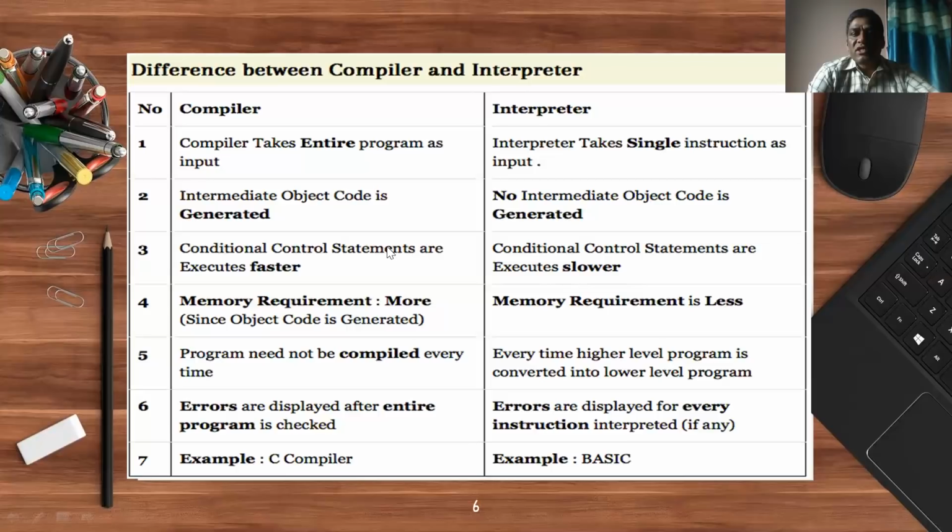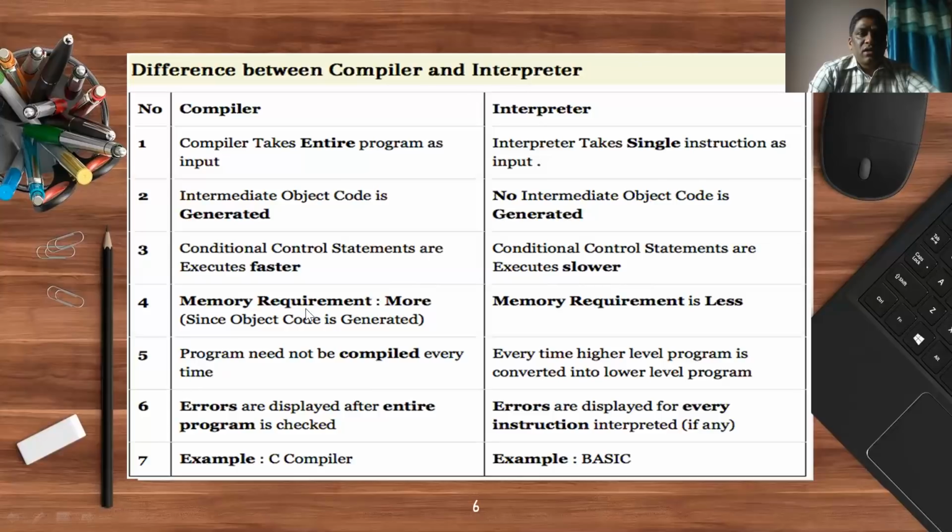In compiler case, compile once, execute any number of times. So execution is going to be much faster for compiled programs, whereas in interpreted programs, execution is a bit slow. The reason is every time we try to execute a program, you need to convert and then execute. The convert step is required in every execution. That is the reason why the execution is slower here in interpreter.